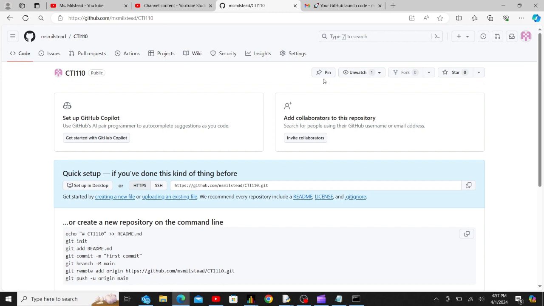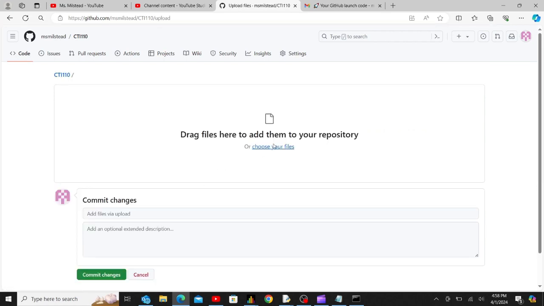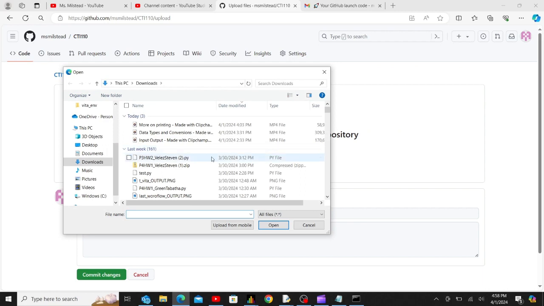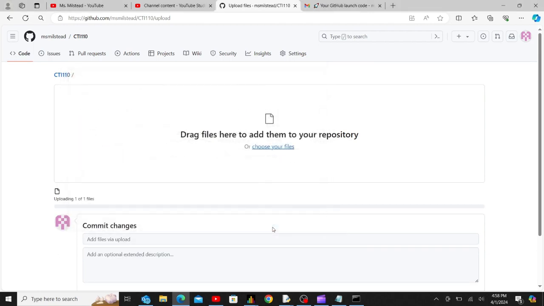All right. So in order to do that, you guys are going to be putting the program that you made in Lab 1 inside of your GitHub. So what I'll be doing for my file, you'll be doing for the Lab 1 Python file that you have. So I'm going to come over here and I'm going to click upload an existing file, and I'm going to click here, choose your files, and I'm just going to find any one of my Python files. All right, I'm going to use this test.py. I'm going to click OK,